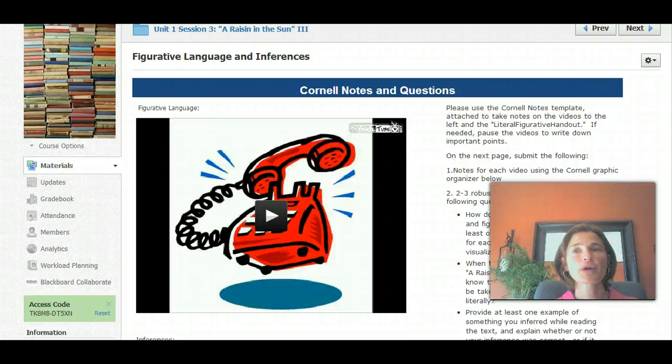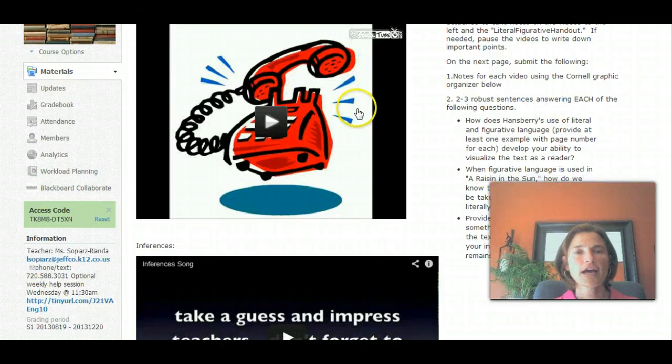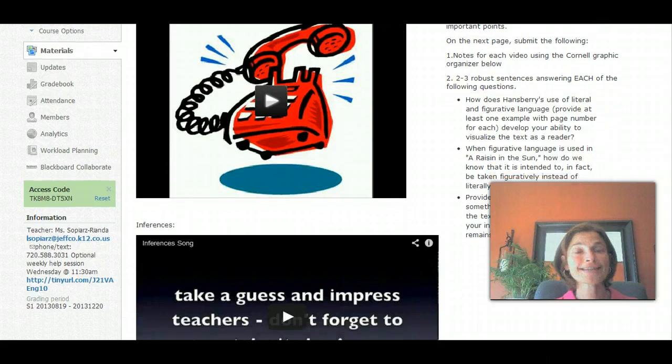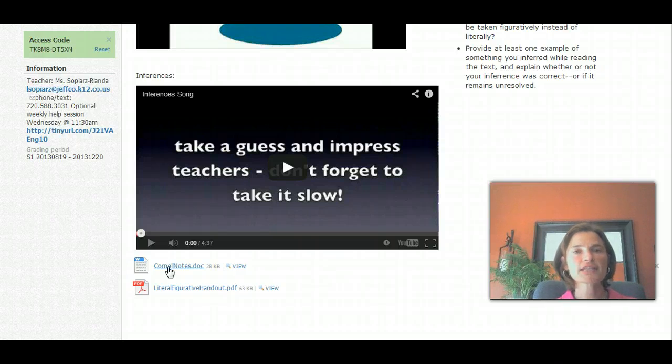On this page, we're focusing on figurative language and inferences. And down here, again, you have a few different videos that you need to watch and take notes on. If you scroll down, right here is a graphic organizer called Cornell Notes. For each one of these videos, you'll need to submit Cornell Notes. This is just a good strategy for active reading.